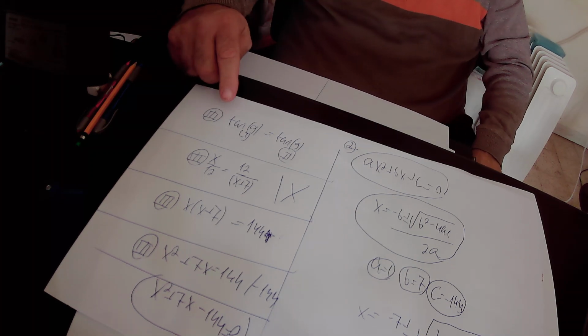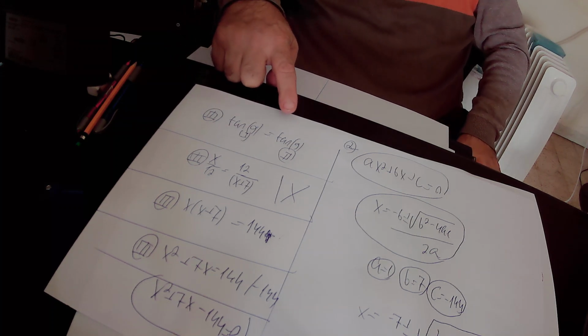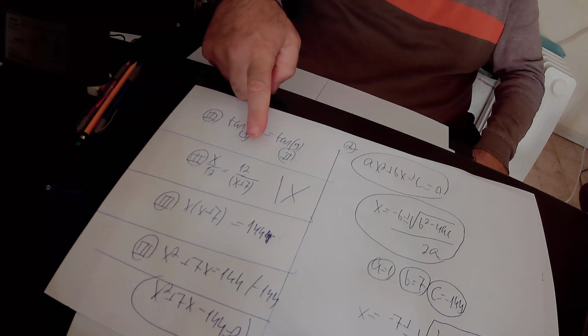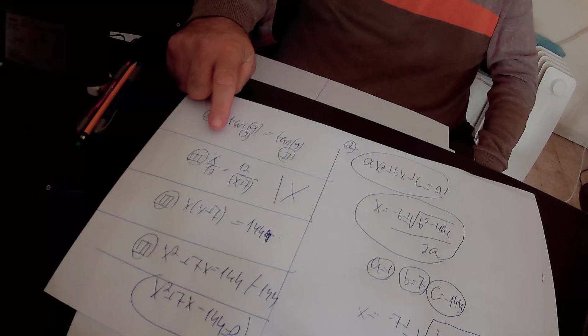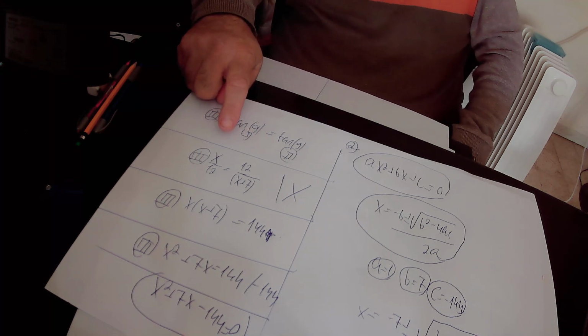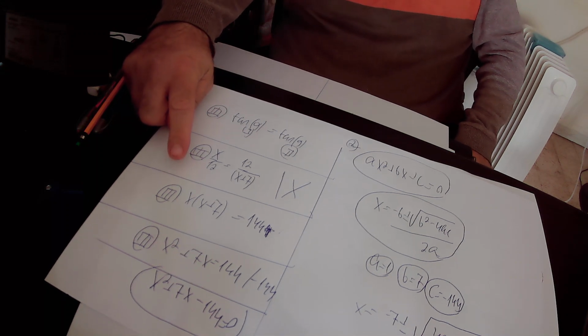Tangent alpha according to equation number 1 equals x over 12. And it must be equal to tangent alpha according to equation number 2, which equals 12 over x plus 7. So in conclusion, according to equation number 3, x over 12 equals 12 over x plus 7. We cross multiply this equation and find that x times x plus 7 equals 12 times 12,